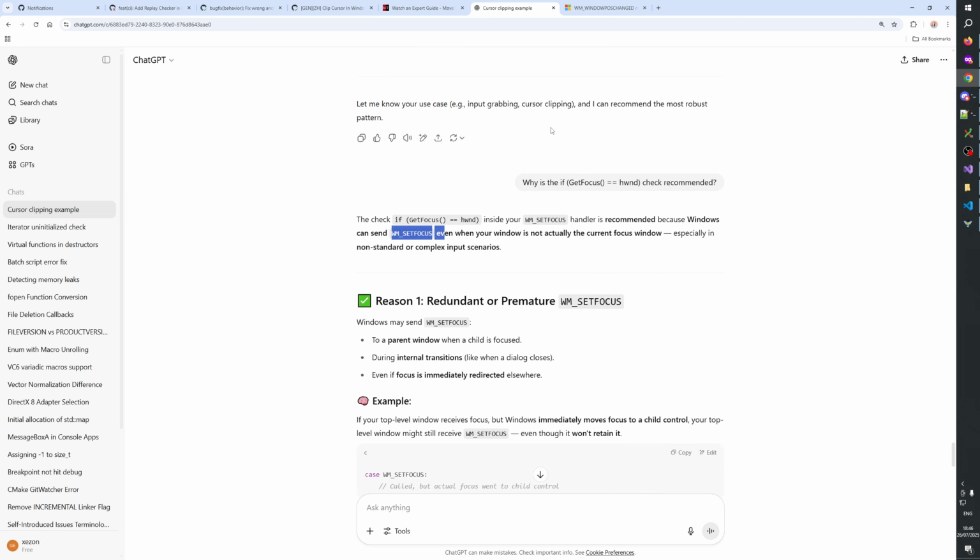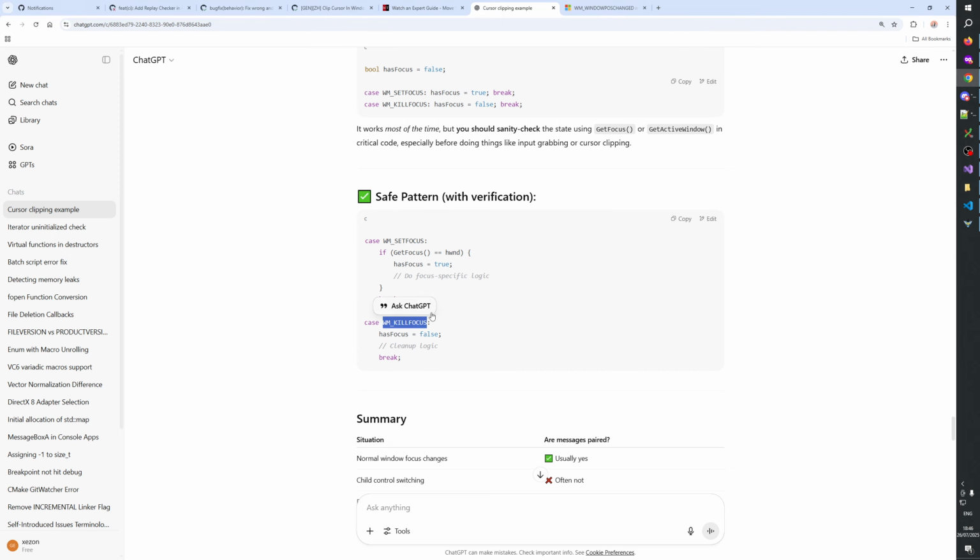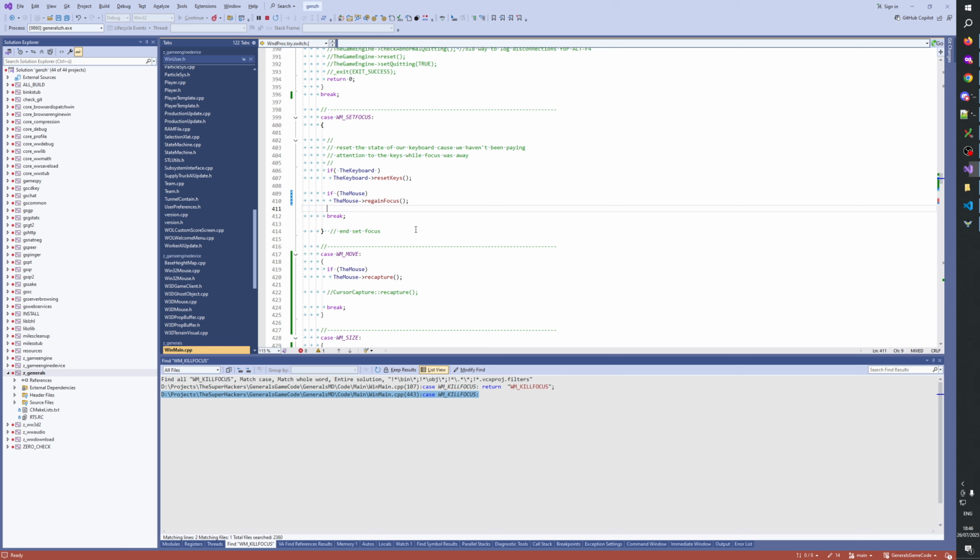Okay, so we do GetFocus equals application window, yeah.